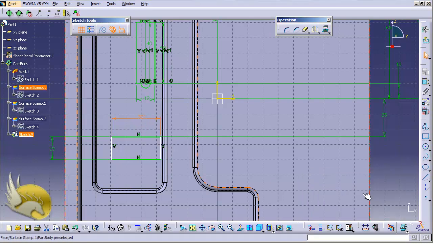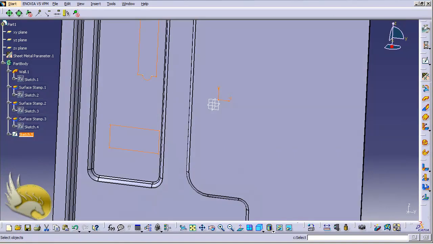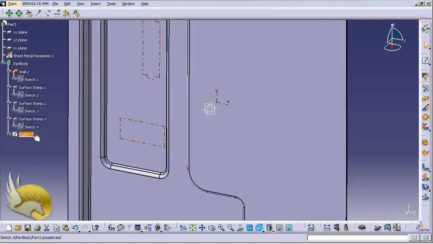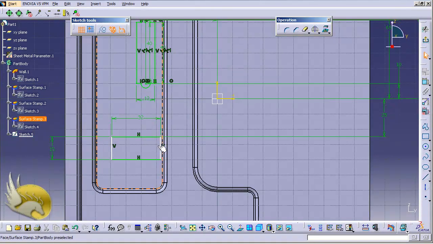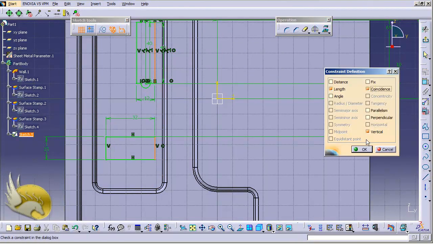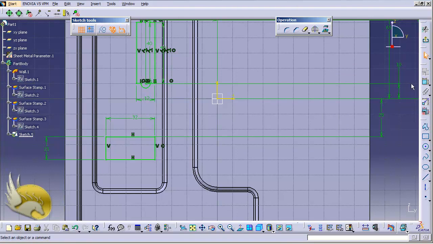That's it. And of course, this line is in coincidence with this line. So I select the, oh no, I should come back to the sketch. I double click here, select this line and this line, and add a constraint of coincidence. That's it. Now I can exit my workbench,